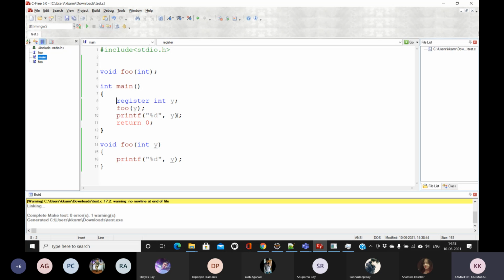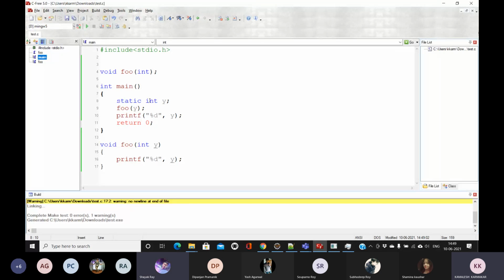We don't have time today, so in the next class we will discuss another storage class, which is static. It will take some time to understand static variables. The keyword used for declaring a static variable is static, for example static int followed by the variable name. If it's some other type, then the corresponding data type will be there. You have to add the keyword static before the variable declaration. It has many uses; there are lots of applications of static variables.